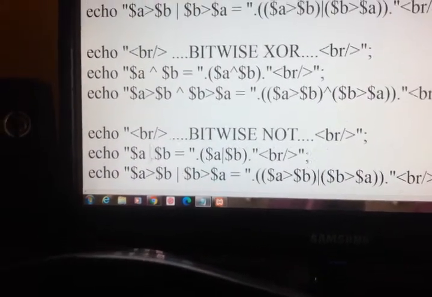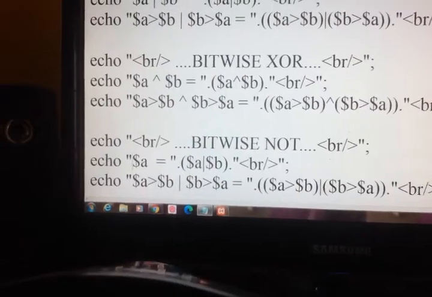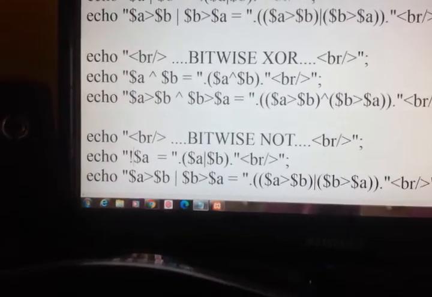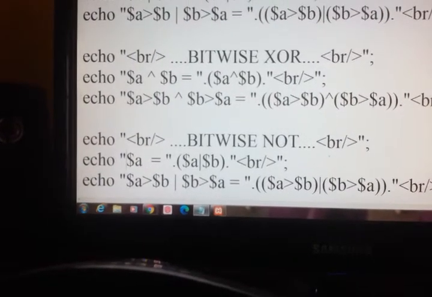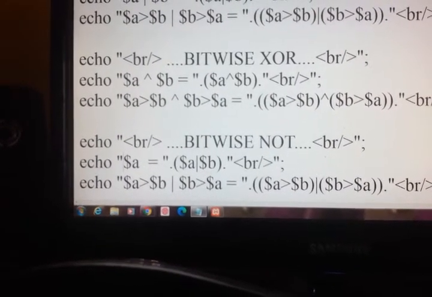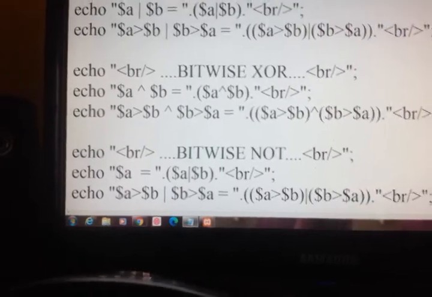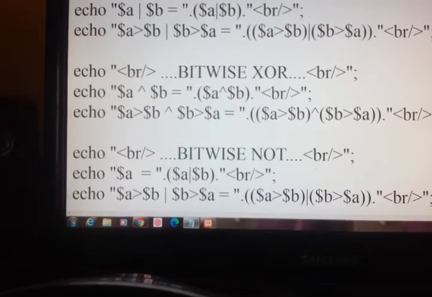Here we have to give NOT of $A. For NOT, this is not the symbol we have to use. We have to use the symbol which is beside 1.